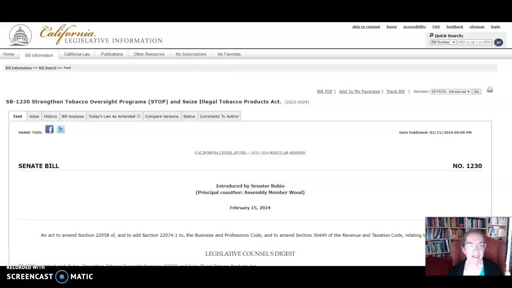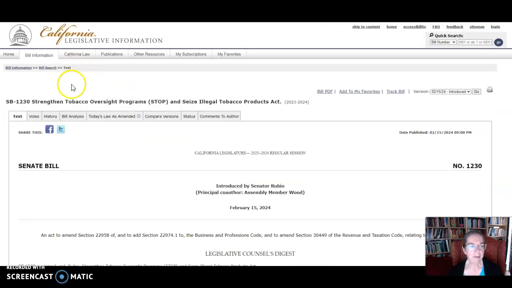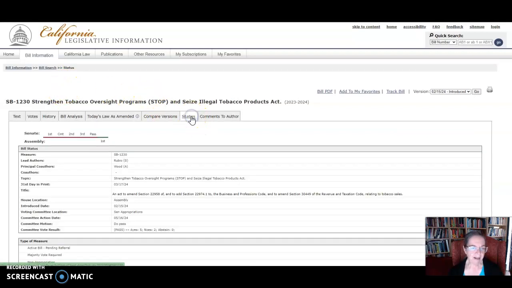So let's take a look at that actually. SB 1230, strengthen the tobacco oversight programs. And when you look at a bill, this is from the Bill Search website for the California Legislative Information. It will open to the text of the bill, and you can scroll down here and read it. But what I want you to start doing is to immediately click on status. You can find a lot of information on the status button,